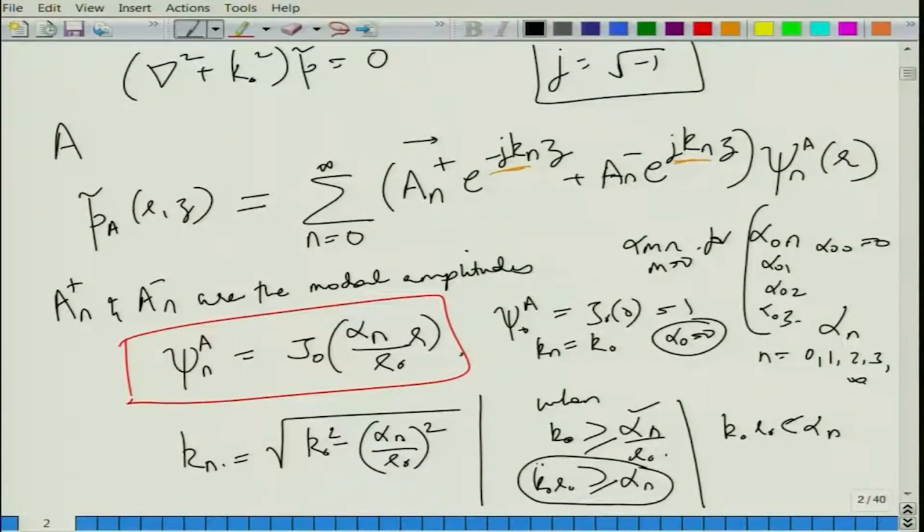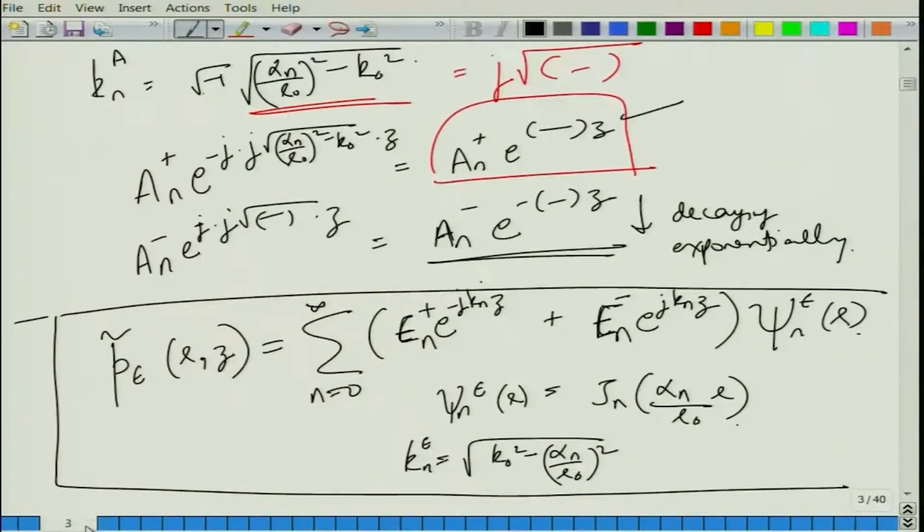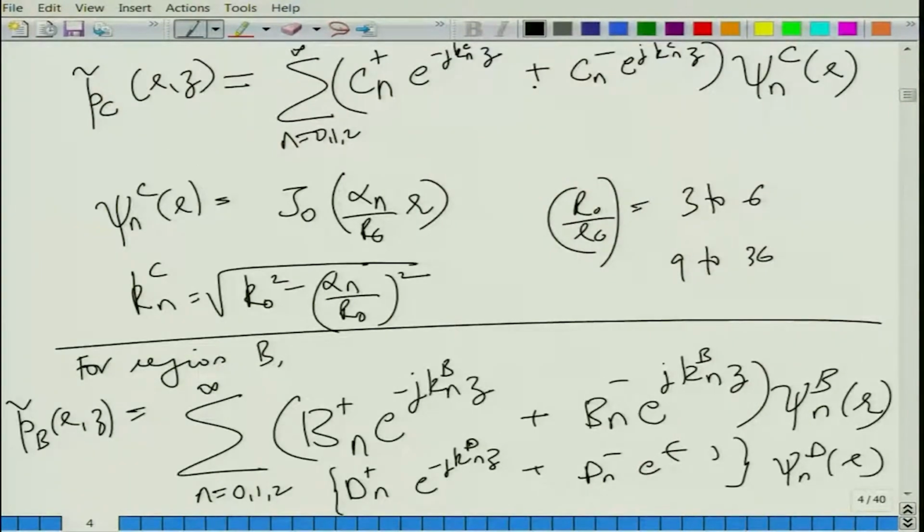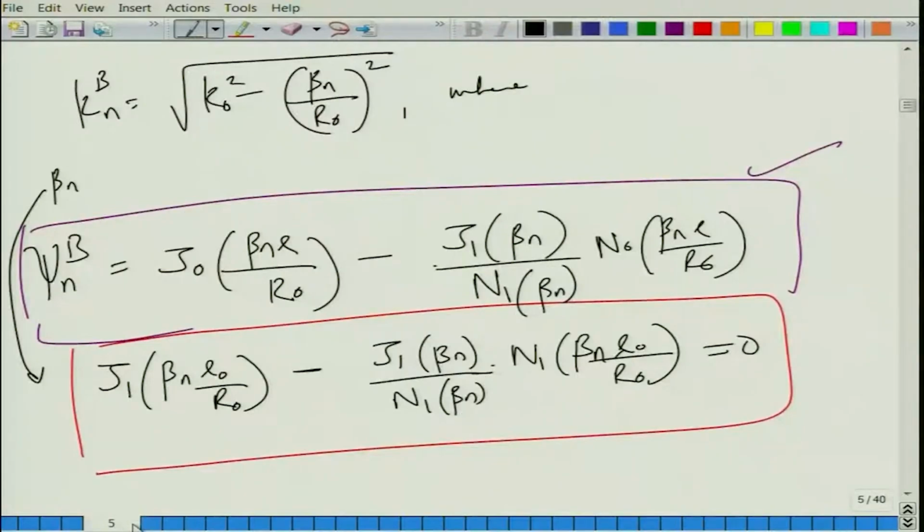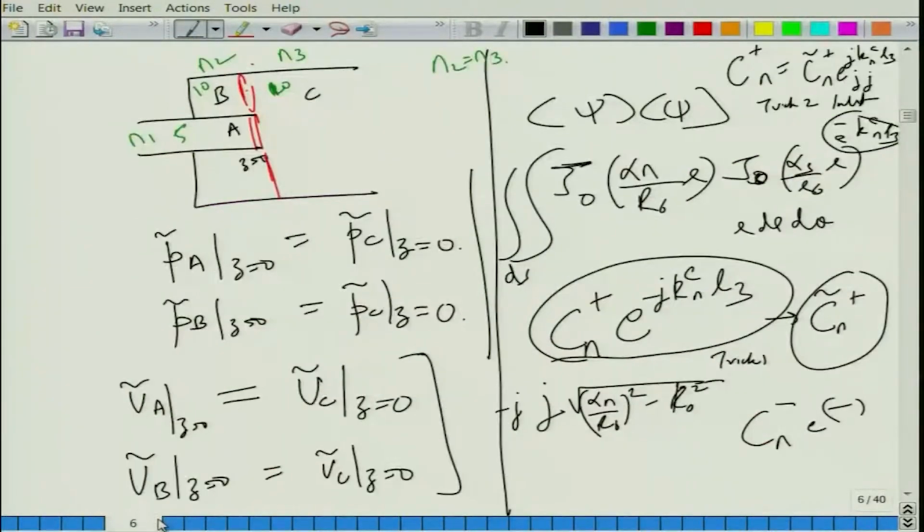And we get this kind of a thing where n is the particular nth radial mode, or n plus 1th radial mode, and this is clearly the Bessel function of order 0. So, we have this formulation in the duct A, and similar things will happen in the outlet duct, and in the chamber we had this formulation, in the annular cavity we had this. They were taken from Selamet's paper, published more than 20 years back, a very well cited paper, and after that paper there were lots of similar papers on analysis of extended inlet and outlet systems. So, what we basically do is enforce continuity of pressure, Pa is equal to Pc over this part as we see,